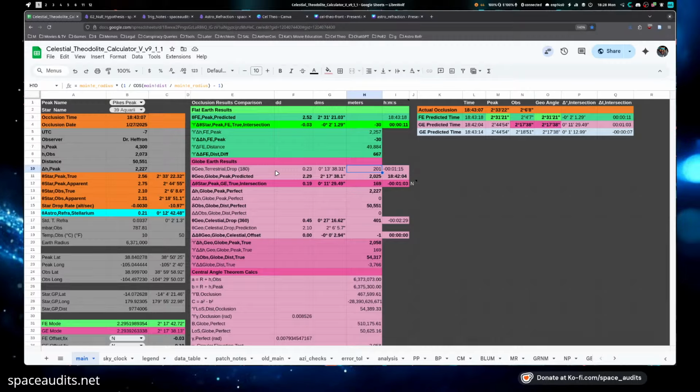So the difference in the half central angle also basically tells us which model was more correct, because if the globe had occluded at the time that it was predicted for the globe intersection, we would be off by 11 arc minutes, and we would share this error. The globe would be off by 30. It would have like a 2 arc minute separation or whatever, and then these would be reversed essentially. The difference in how much we're off would be reversed, but the amount of curvature, it would still be within the confines of that half central angle, because that is the expected geometric difference between our two models.